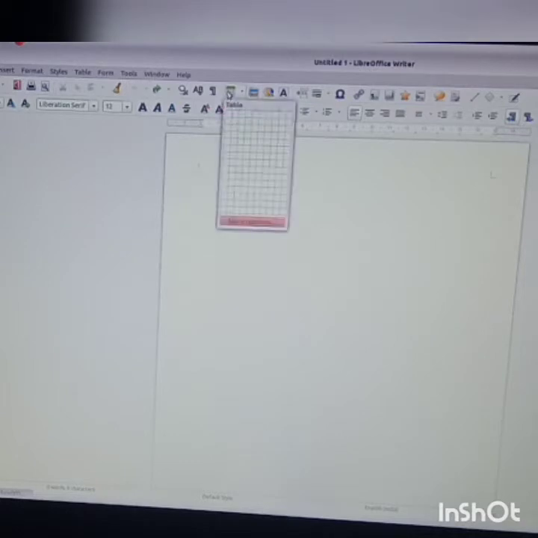See here, table. Can you see the table here? The number of columns and rows that you need, you can select from this. So we are going to select horizontal 1, 2, 3, 4, 5, 6 and vertical 3. So I hope you all understood how to make a table. That is, from the standard toolbar, you choose the table icon, then insert how many columns and rows you want, then insert. Those are the 3 steps that you have to follow from the insert menu to select a table.